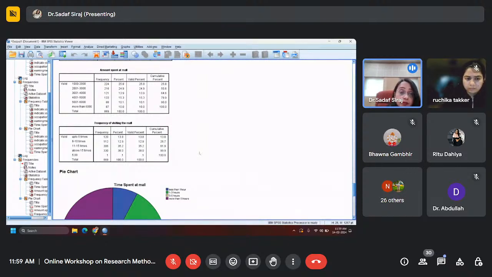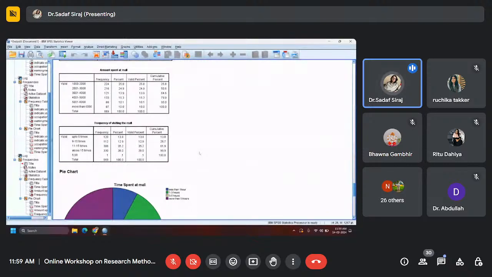When it comes to amount spending behavior, the people who are spending maximum amount in the mall, whether they are males or females, and whether they are belonging to a younger age bracket or a higher age bracket. And for conducting this kind of an exercise, there is a provision which is known as cross tabulation. Just give me 1 minute.